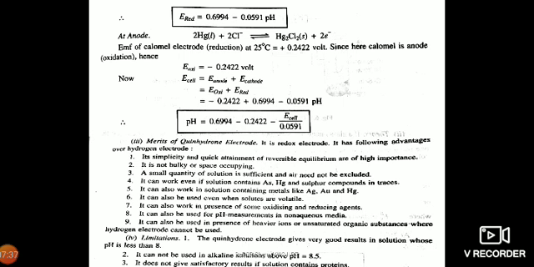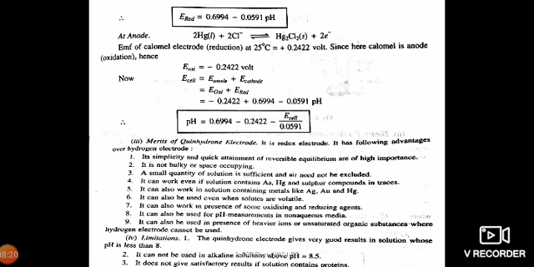using this formula. And some merits of this quinhydrone electrode are there over the simple hydrogen electrode, which cannot be used in the laboratory there. So basically it is very simple to construct, and reversible equilibrium is very easily attained here, and it is not bulky, that means it is not space occupying. A small quantity of solution is sufficient and air need not be excluded. In case of the hydrogen electrode, we have to exclude the air, but here it need not. It can work even if the solution contains arsenic, mercury and sulfur compounds in traces. That cannot be done in case of the standard hydrogen electrode.